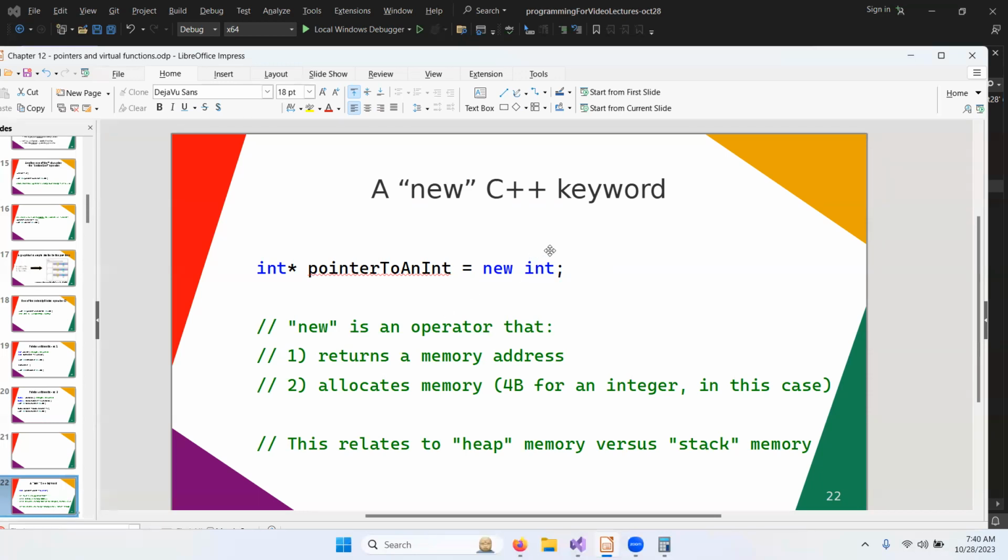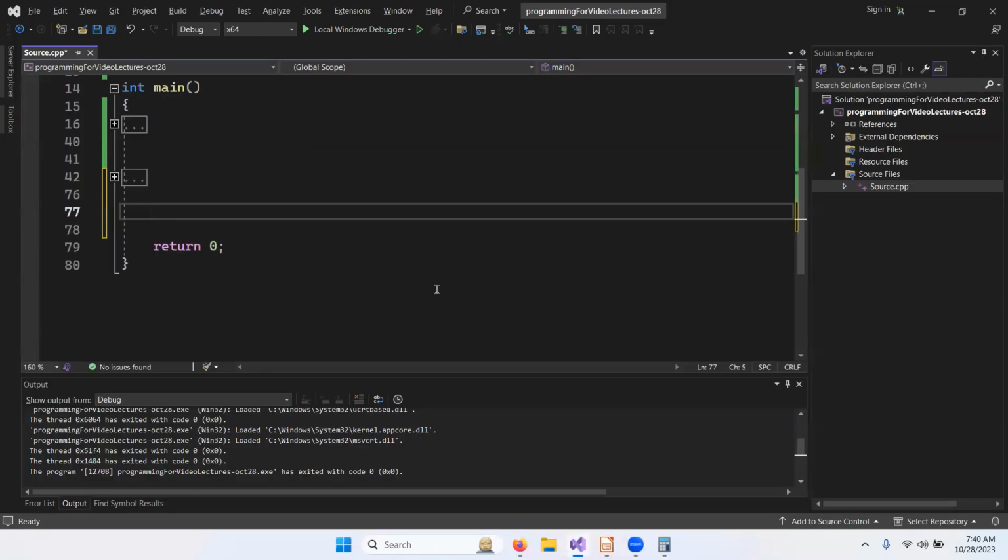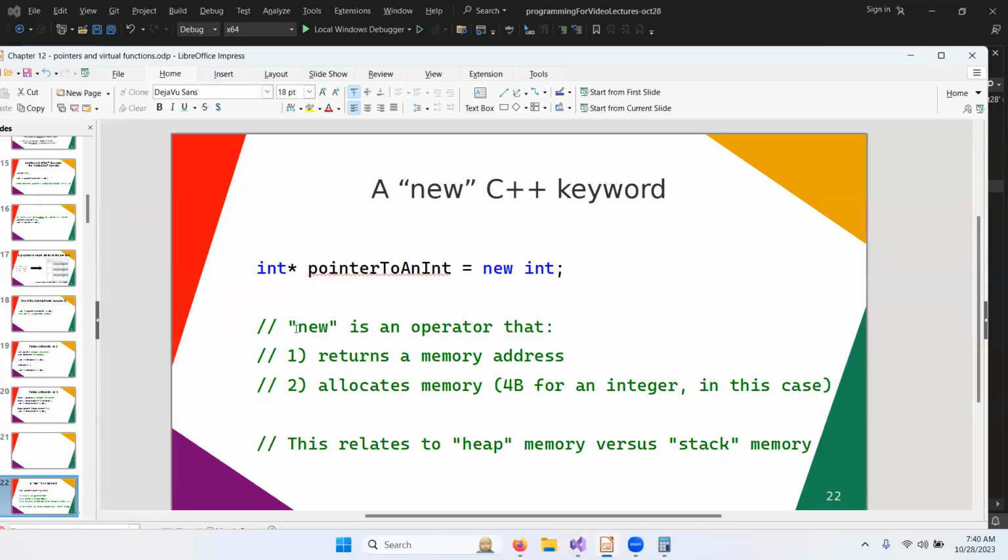We just need to be careful not to generate memory leaks, because that is a potential problem with use of this thing called new. So new does these two things: it returns a memory address and it allocates memory. Okay. So this is related to something called the heap, which